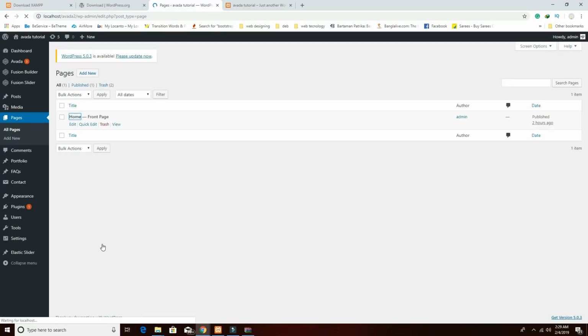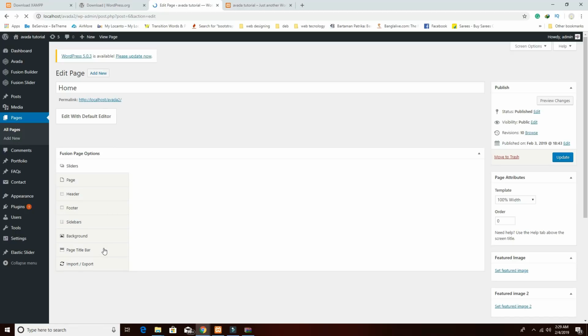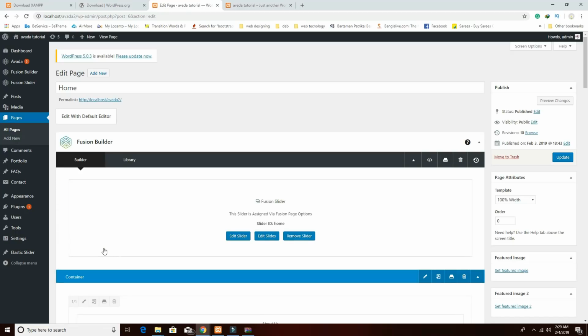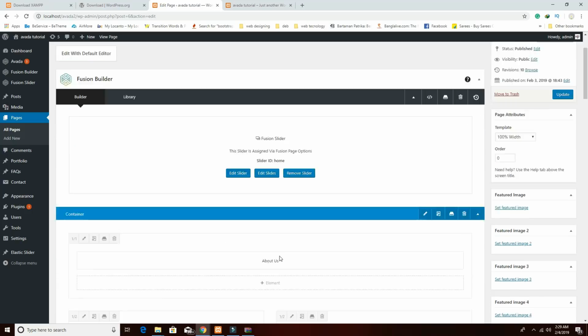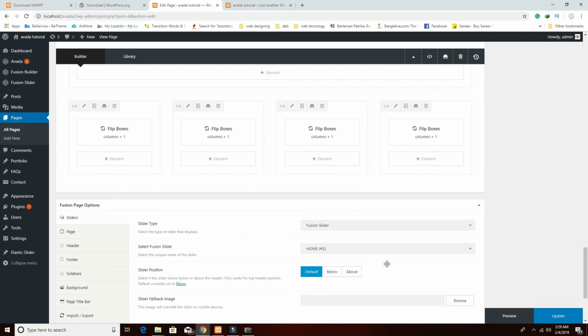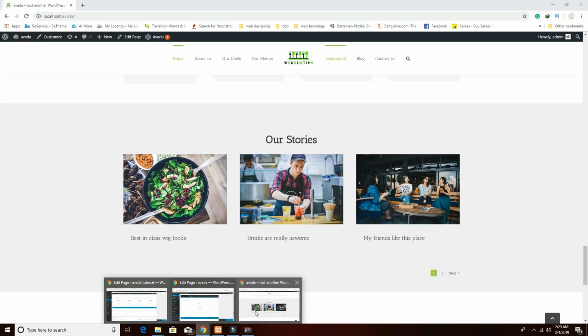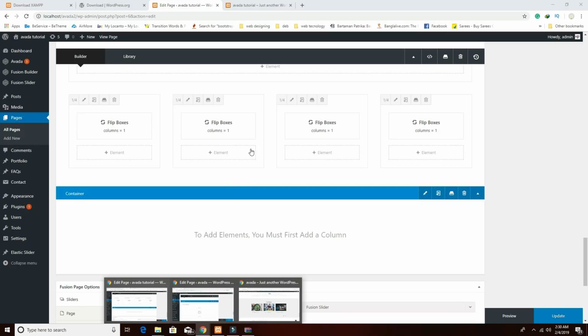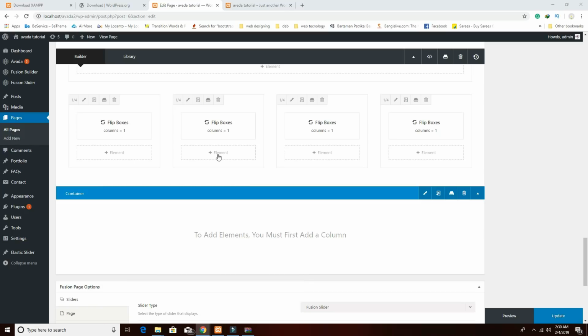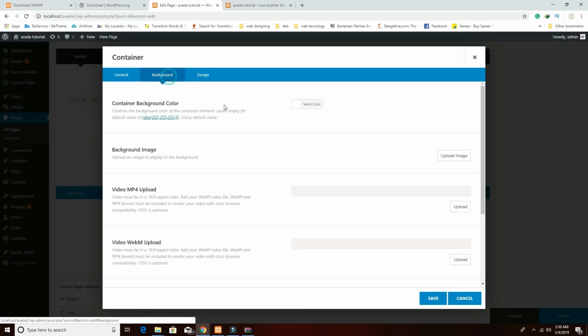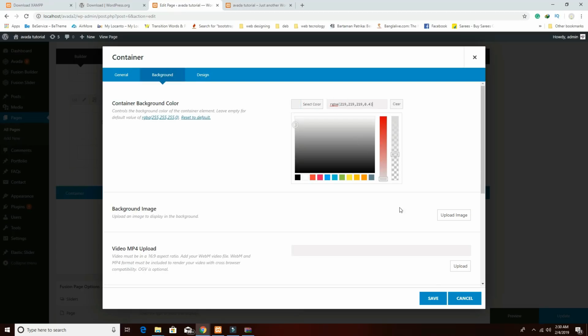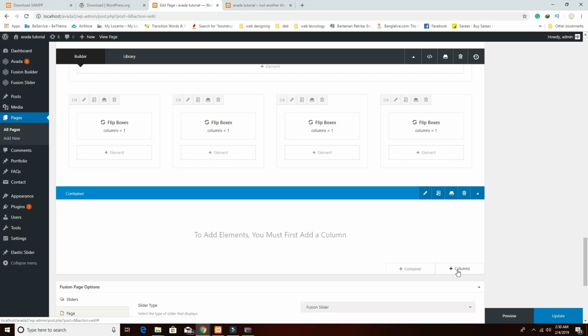Home, so now take another container. I think I need the background color here. Yeah, right. So I need the background color. For that you have to come in background, select color, and that is the color. Save it. Now I need a column of full width